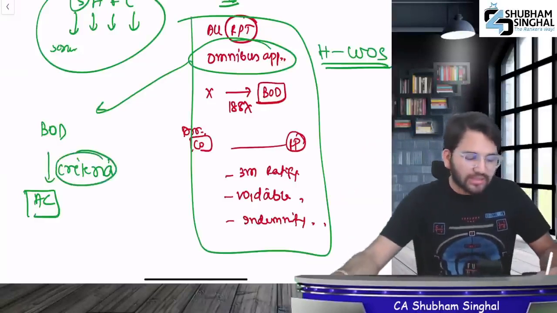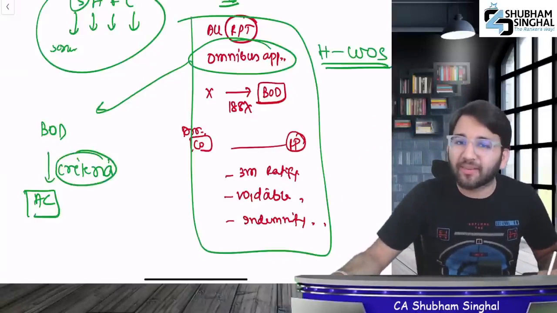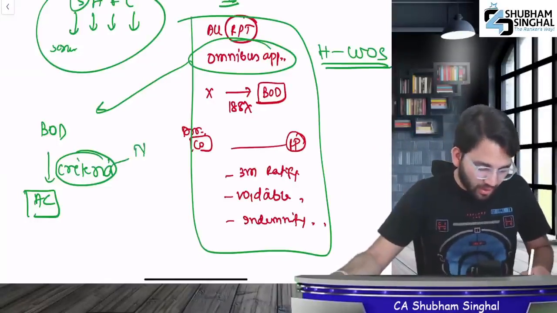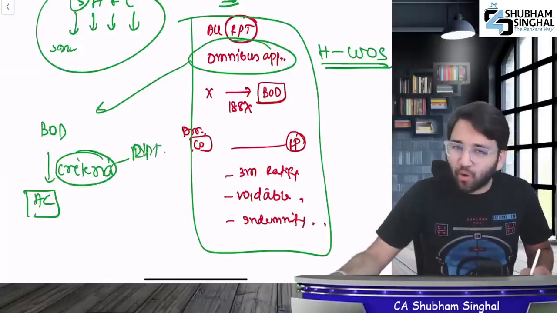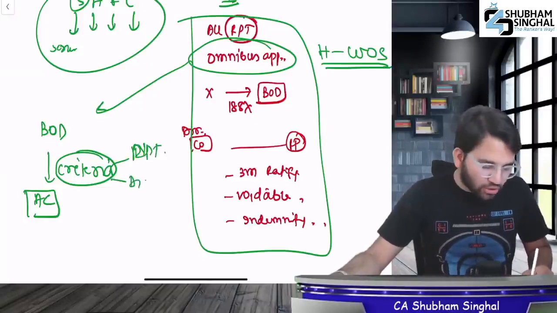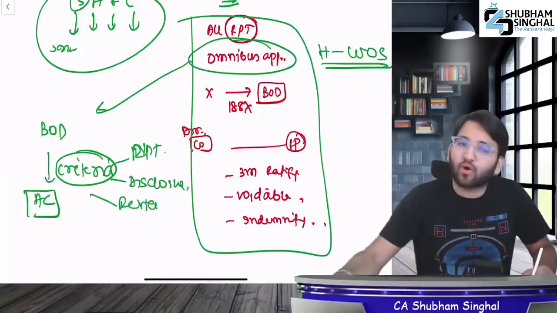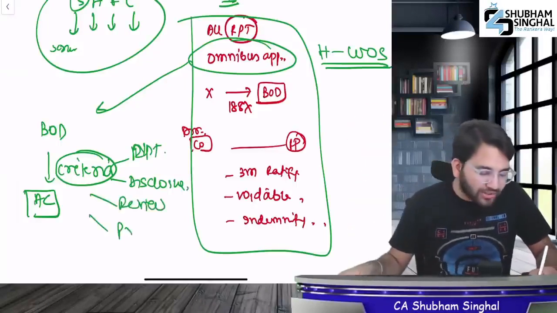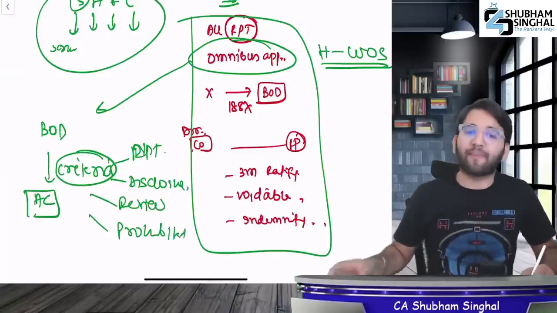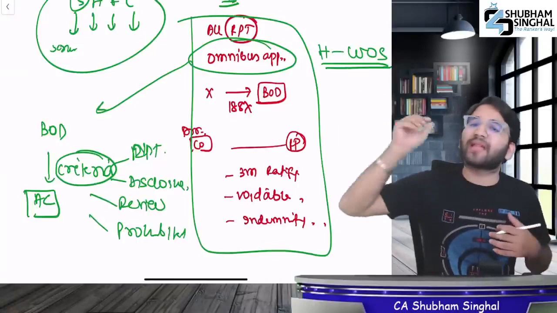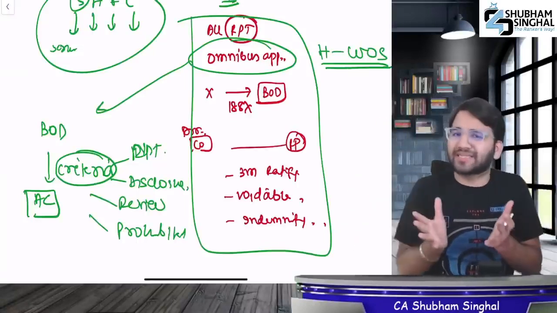What will this criteria be? You will have to explain a lot of things in the criteria, like for which related party transactions you can give omnibus approval. What disclosure must you provide when you are seeking omnibus approval? What kind of review will be done? In which periods will we review? And what are the transactions that are prohibited, where you cannot give omnibus approval? What is happening here? The board is basically setting up a system.